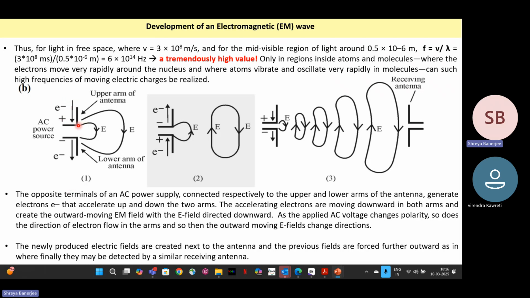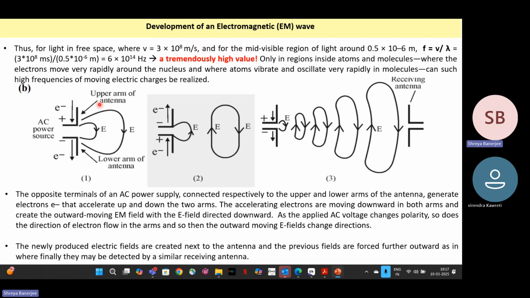So an electron is a charged particle and it is in motion, so an electromagnetic field will be created, which moves outwards from the AC power source. The direction of the electromagnetic field will be the same as the direction of motion of the electrons. So electrons are moving down and the electromagnetic field direction is also downwards. Like that, one wave will be generated. Now, if you change the AC voltage polarity, so AC is alternating current,